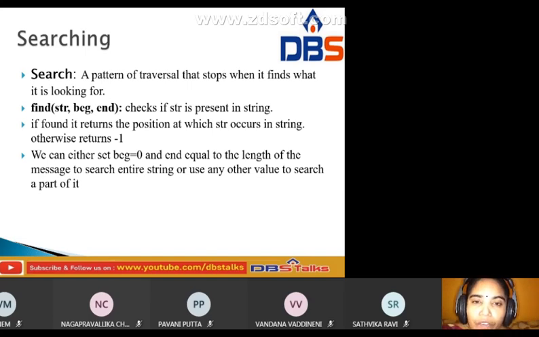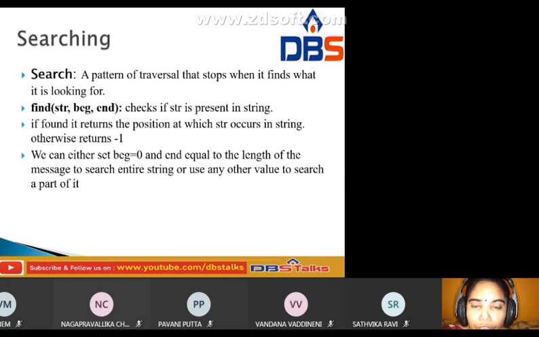Here you check whether the given string is present in the string or not. We use the find method for that. The find syntax is find of str comma beg comma end.